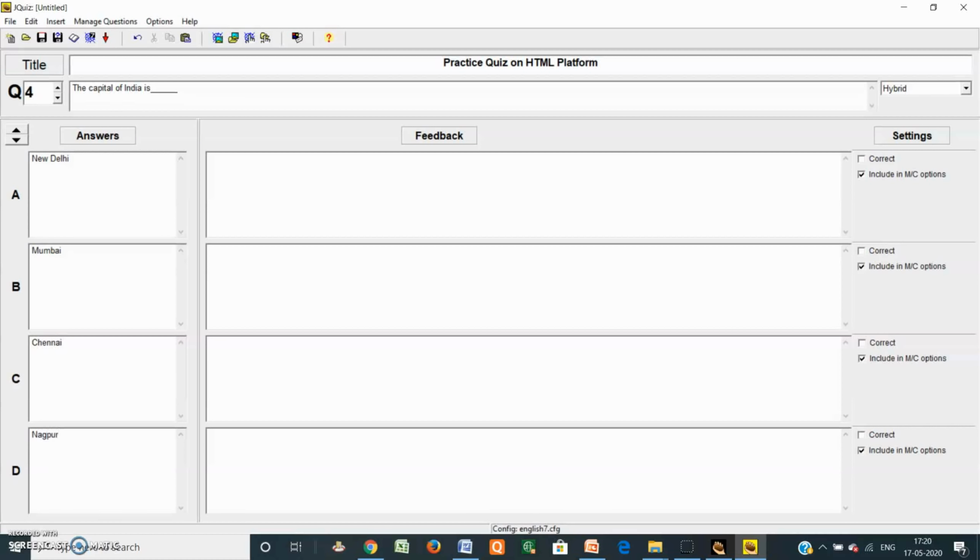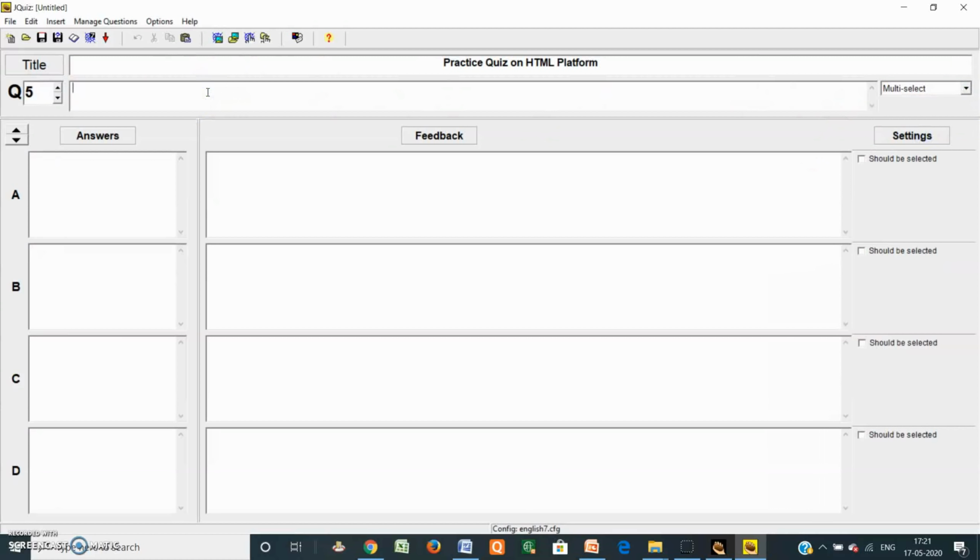Correct answer is New Delhi. Now next, again I'm selecting here. I already chose multiple choice, short answer, hybrid, then multi-select.